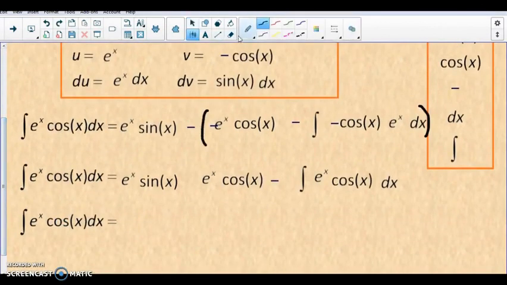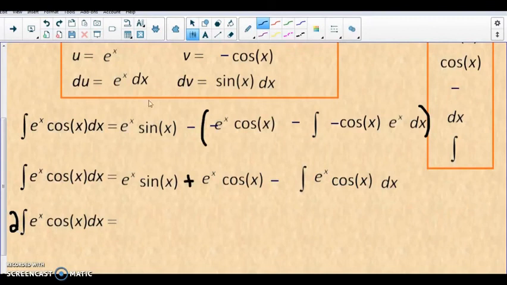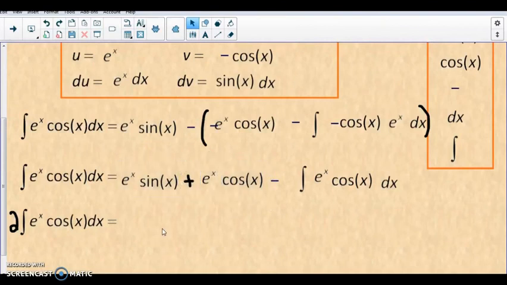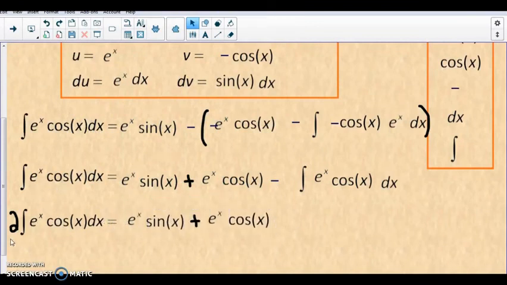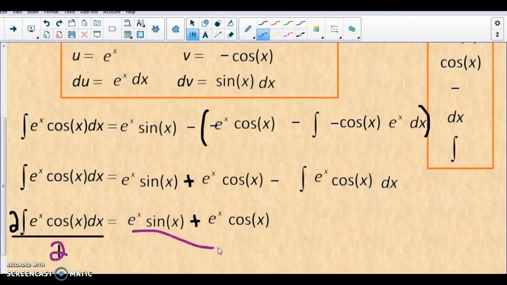So now what I'm going to do is I'm going to add the negative integral on the right-hand side over here to the other side, to the left side. So now I have 2 of the integral e to the x cosine x dx on the left-hand side, and all of this is what's left on the right-hand side. So I'm going to put this down here. And all I have to do now to actually solve for the final answer is to divide both sides, technically, by 2, and that will give me that the integral e to the x cosine x is equal to e to the x sine of x plus e to the x cosine x, all divided by 2, and it's getting really ugly around here. Plus, don't forget our lovely